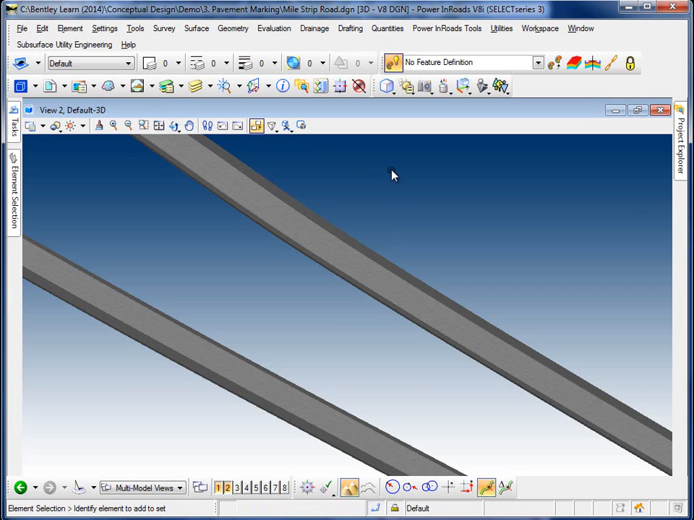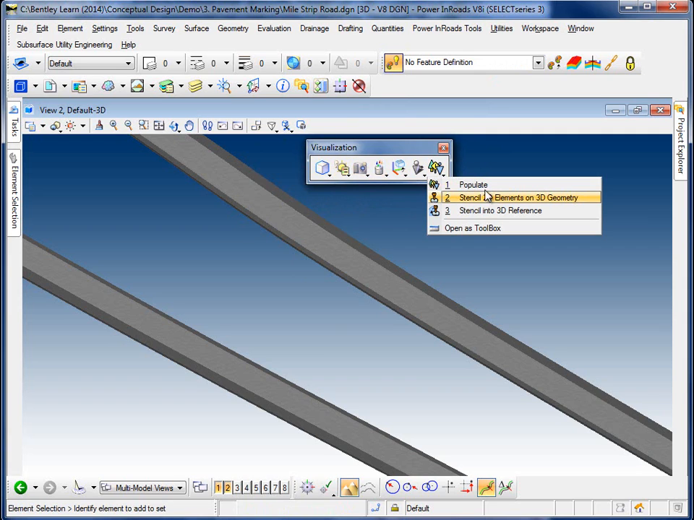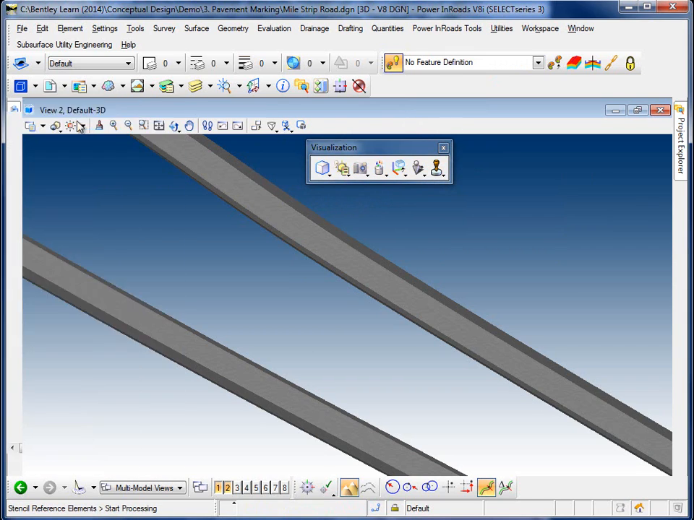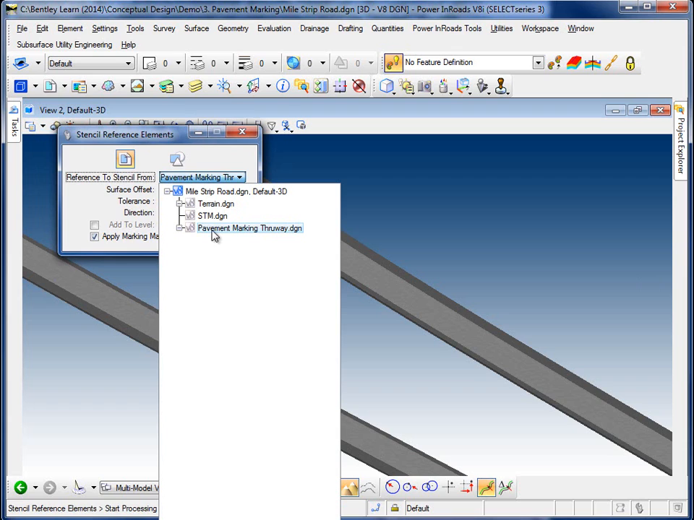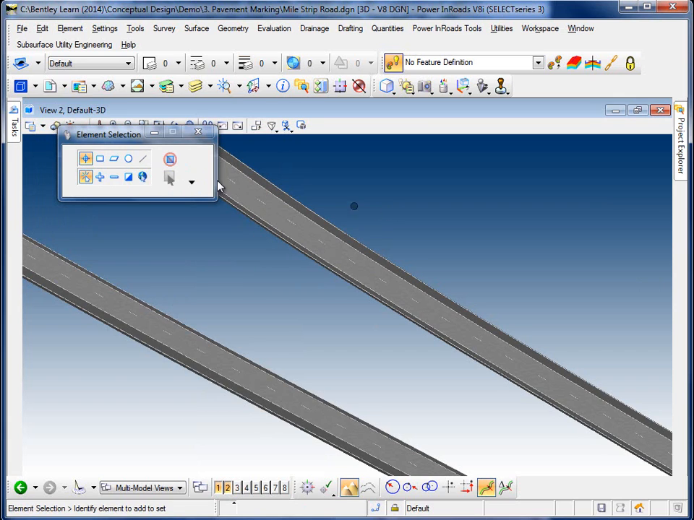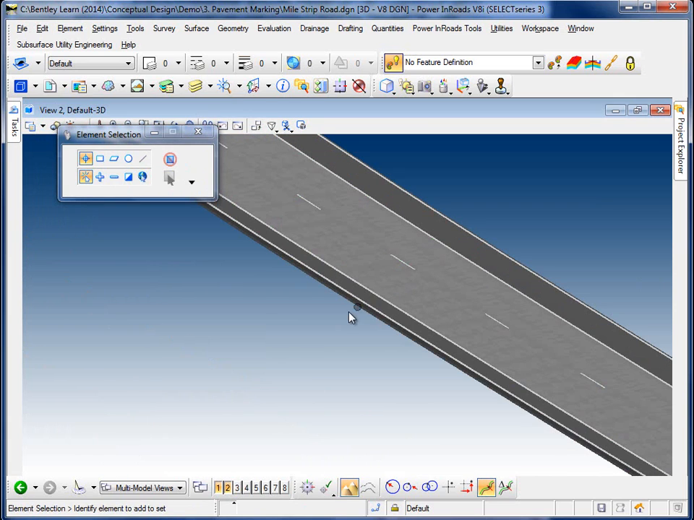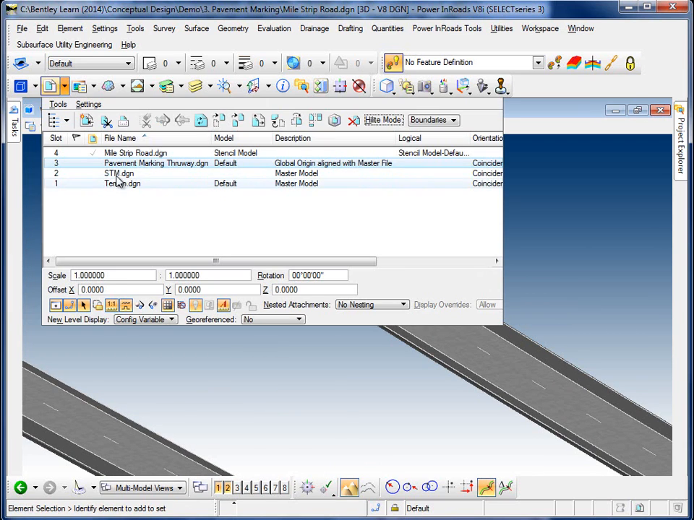Let's do that again. If I want to drape those, you can see here I've got a toolbox open with some of the visualization tools, and one of them under the populate icon is stencil 2D elements on 3D geometry. So let's open this up here so that we can see what we're doing. It allows you to select the reference file that you want to use. You want to give a slight surface offset so it's raised above the mesh, and then basically you just hit a data point, and if we zoom in, you'll see that our striping has been draped. And of course this will look good if we've got any kind of